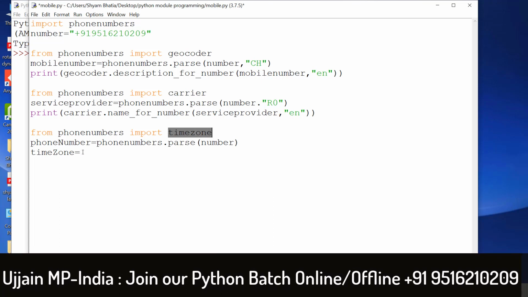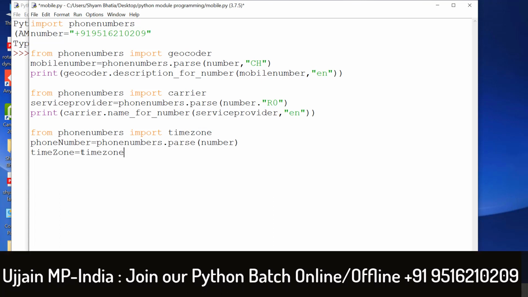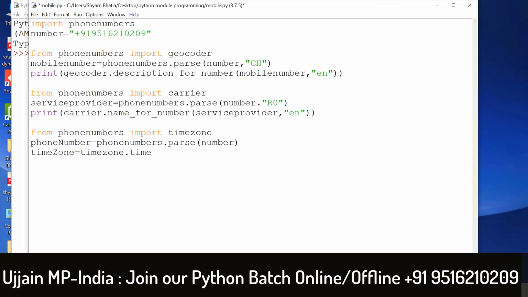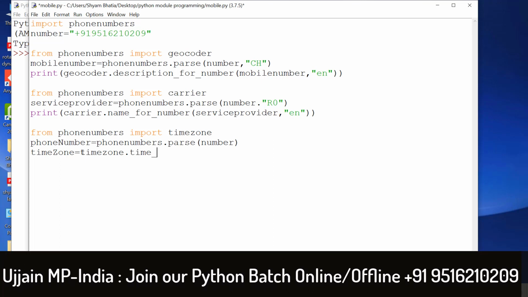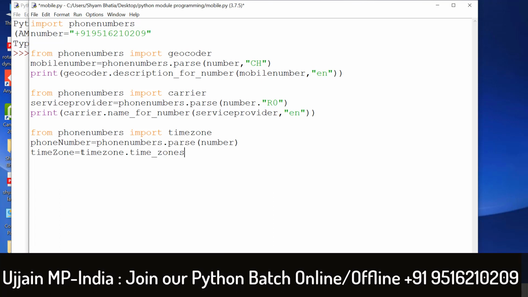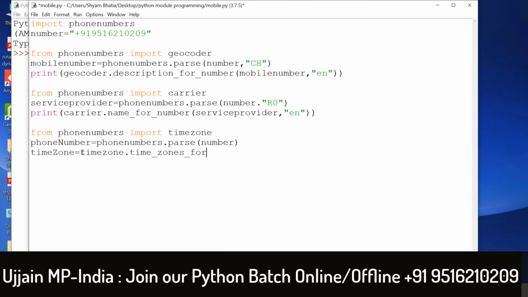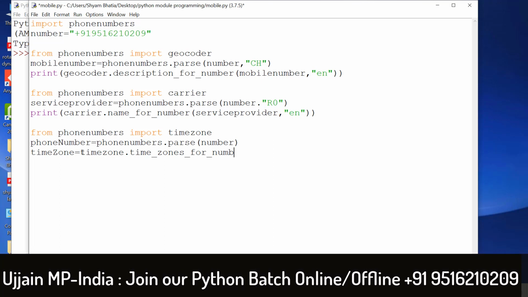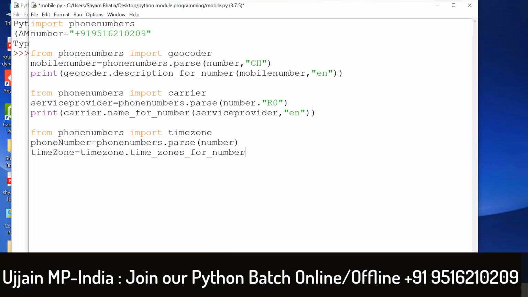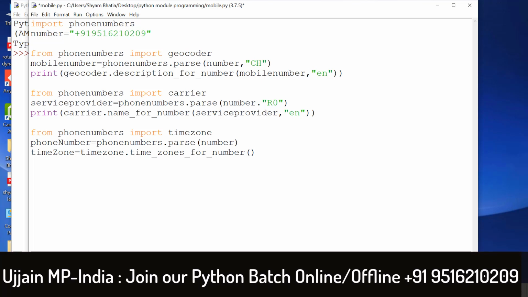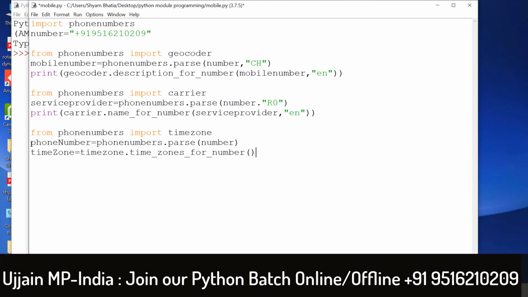Just copy and paste time zone dot extract, time underscore zones for number, okay, for number. And which number, friends? Phone number. Which number, friends?